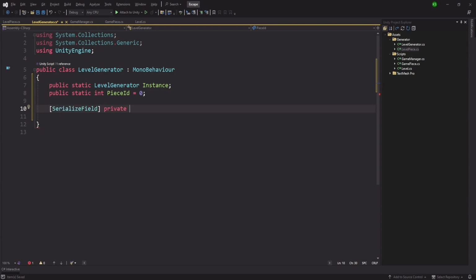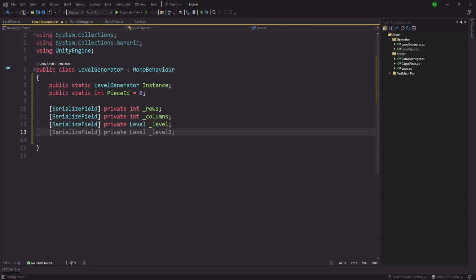Let's create serialized field private int for rows, serialized field private int for columns, serialized field private level for level,